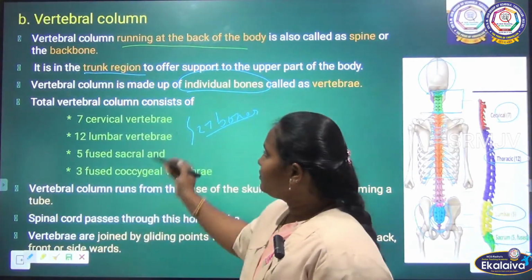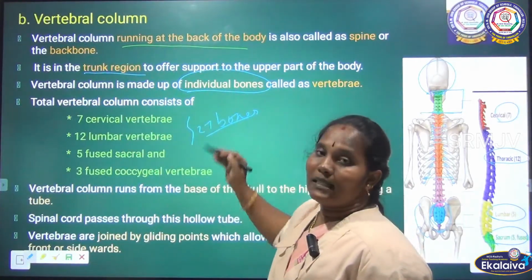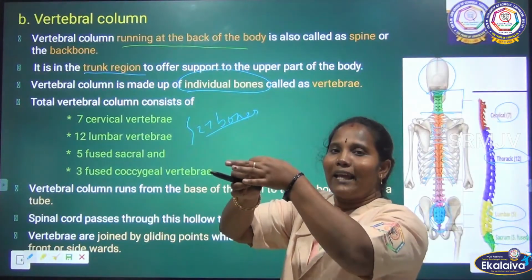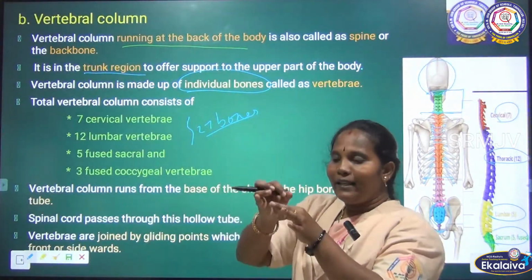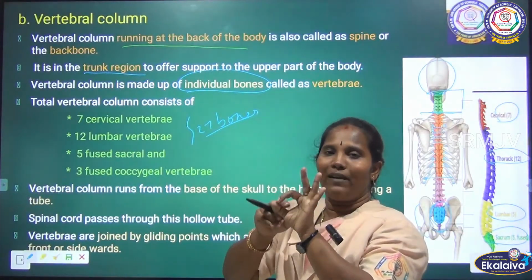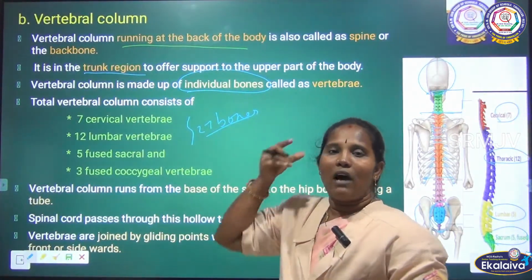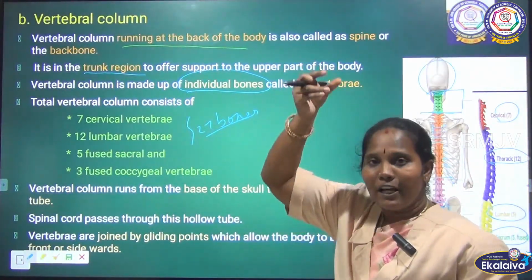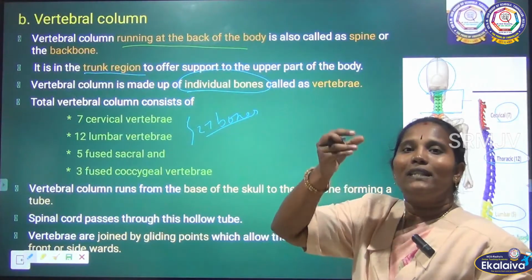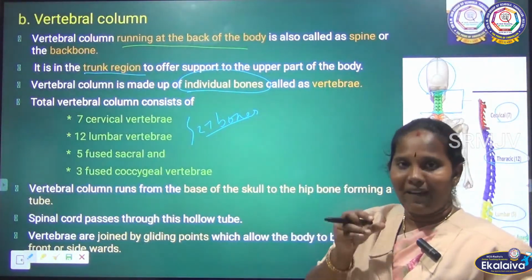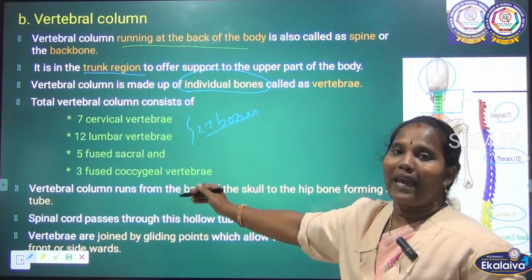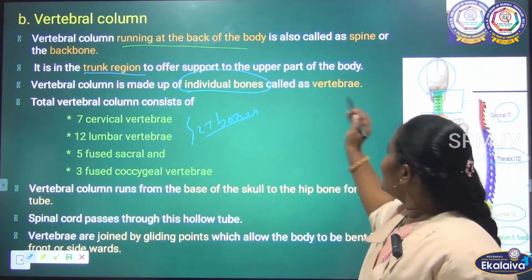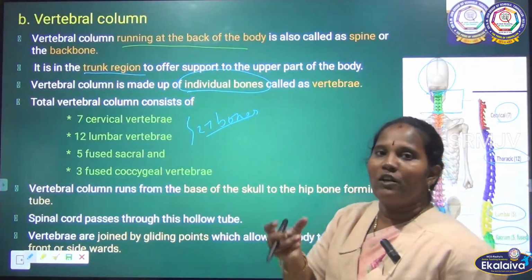See here, the total column consists of each and every separate vertebrae arranged one by one. Inside they have a gap like that. Inside the gap our spinal cord is there, no? The spinal cord is running through like a thread. How the thread runs through the beads' gap, as well as the vertebral column gap, our spinal cord is running through this gap. Clear? So this vertebral column gives protection for the spine.